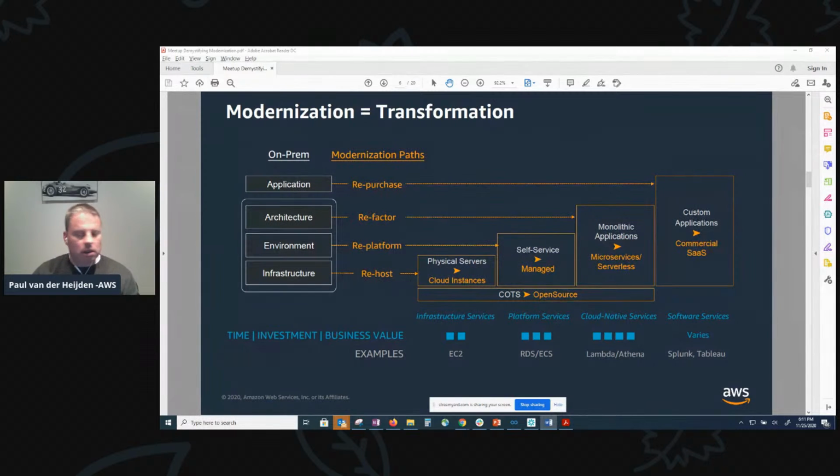The first one is transforming your on-prem physical servers to cloud instances. This will allow you to right-size your hardware and software, improve instance level elasticity, and the rapid realization of modernization outcomes. Second is the move from self-service environments to managed platforms.